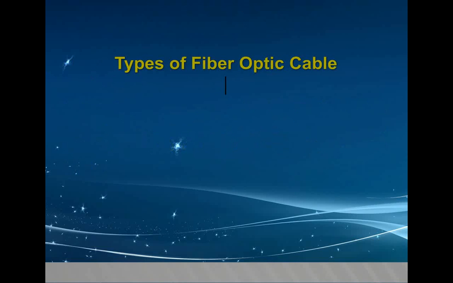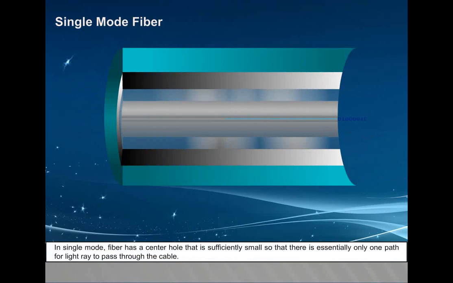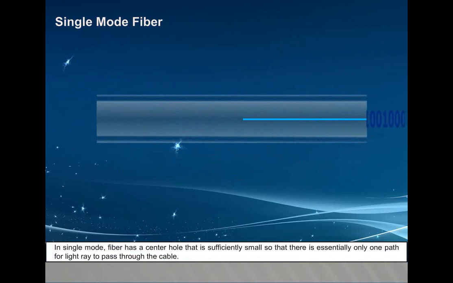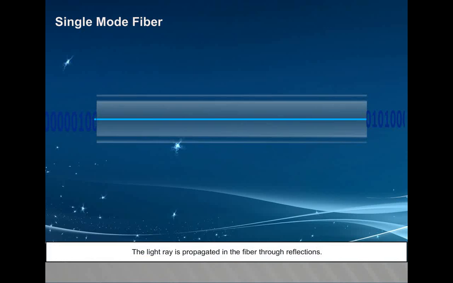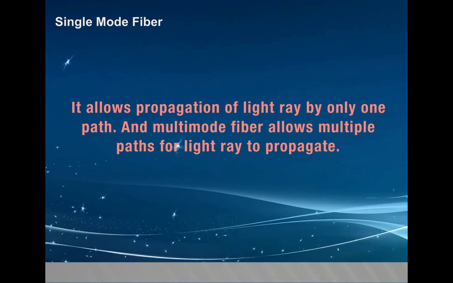Types of fiber optic cable: single mode fiber, multi-mode fiber, step index, graded index. Single mode fiber. In single mode, the fiber has a center hole that is sufficiently small so that there is essentially only one path for the light ray to pass through the cable. The light ray is propagated in the fiber through reflections. It allows propagation of light ray by only one path, and multimode fiber allows multiple paths for light rays to